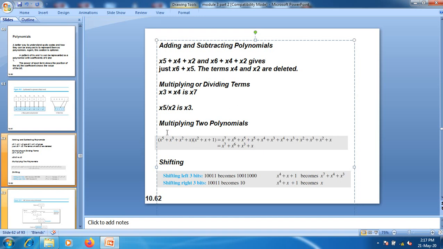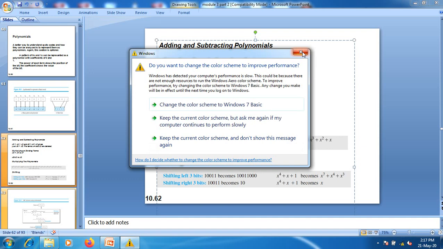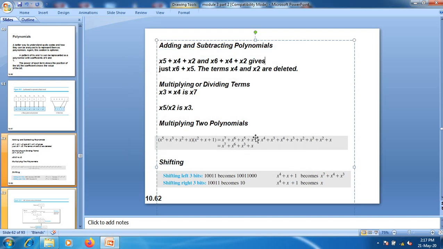We already know how to perform the multiplication of these two terms. The first term of the first polynomial expression is multiplied with all terms of the second polynomial expression, and so on and so forth. When it comes to simplifying, we need to identify the pairs of identical terms and discard them. As a result, we get this particular expression, that is x to the power 7 plus x to the power 6 plus x to the power 3 plus x here.